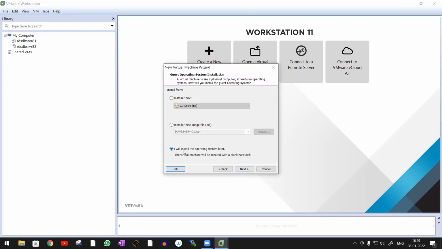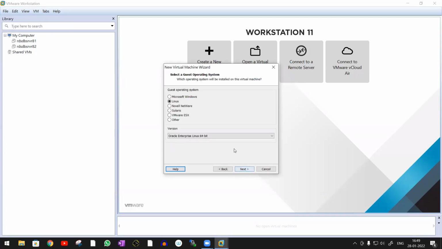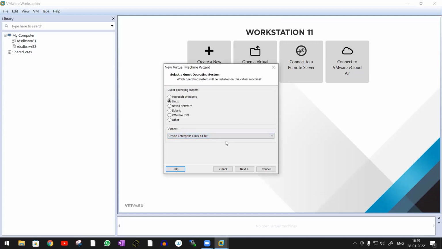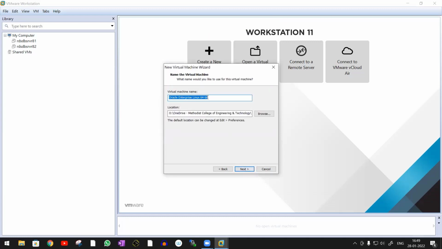Click Next. Choose I will install the operating system later and click on Next. Here I want Linux and it should be of the version Oracle Enterprise Linux 64-bit. Click on Next. So before that, we need to create one folder in the place where we want to